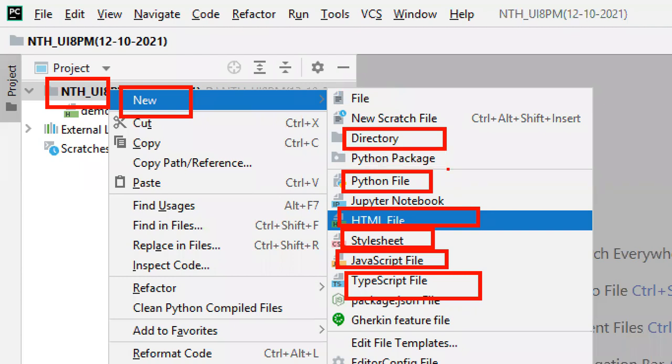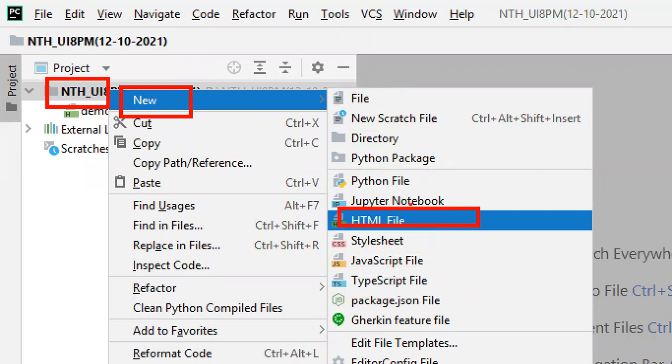Out of all these, we require a Python HTML file. When you are working with Python, you can use demo.py, example.py, sample.py, whatever you want.